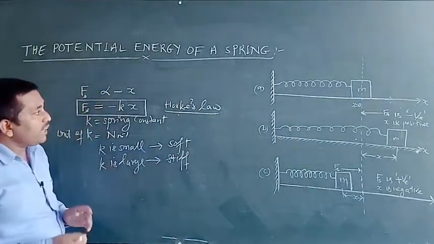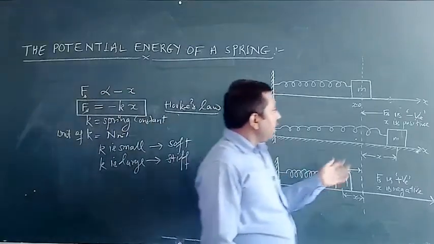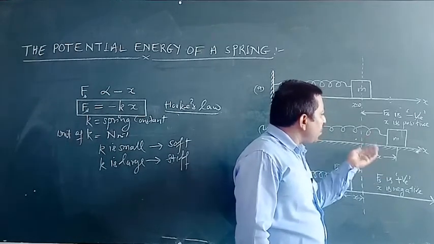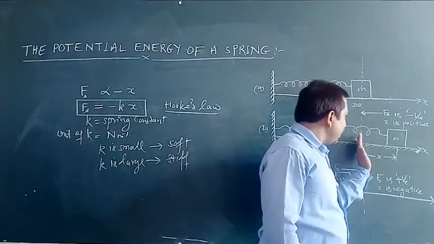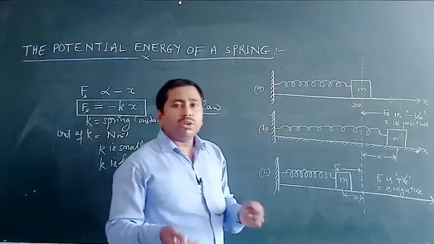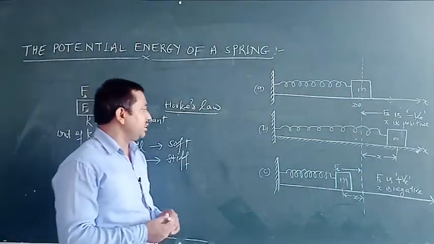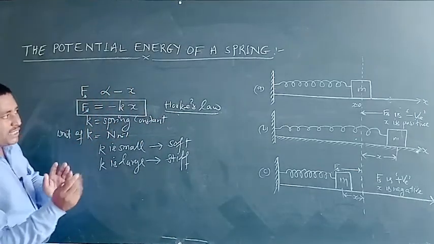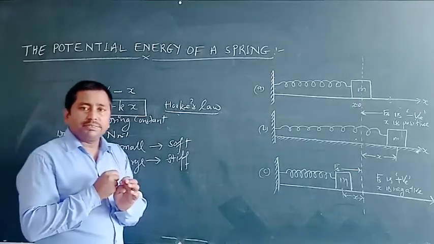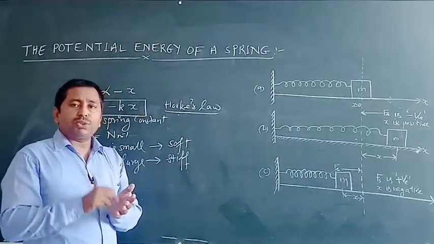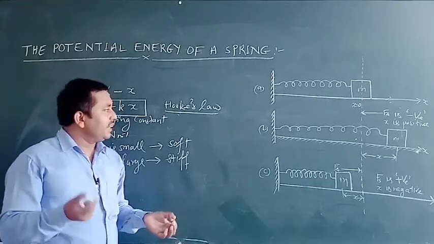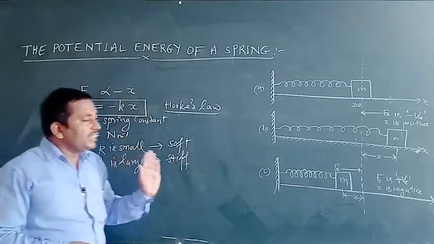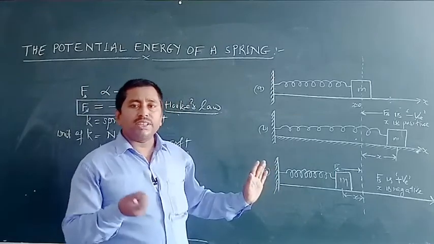Now as we know, when the object is displaced from its mean position, some work is done on this object in displacing it. So what amount of work is done in displacing that object? Let us calculate it. Suppose the object is displaced by a very small displacement dx, and the spring force acting on that object is Fs. Then Fs can be considered as a variable force, because when the displacement of the object increases, the amount of the spring force also increases.